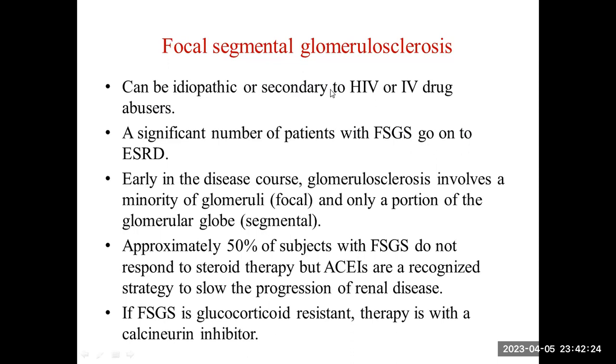The classical secondary causes, especially for MRCP, are HIV and IV drug abusers, especially heroin drug abusers. But practically speaking, focal segmental glomerulosclerosis can be seen with any condition which leads to loss of nephrons in the kidney. So any disorder that affects the kidney and leads to loss of nephrons within the kidney can eventually give you focal segmental glomerulosclerosis changes on biopsy. For example, the classical example is reflux nephropathy. Patients with reflux nephropathy, for example those who are having vesico-ureteric